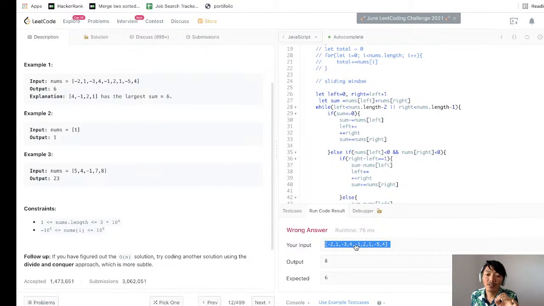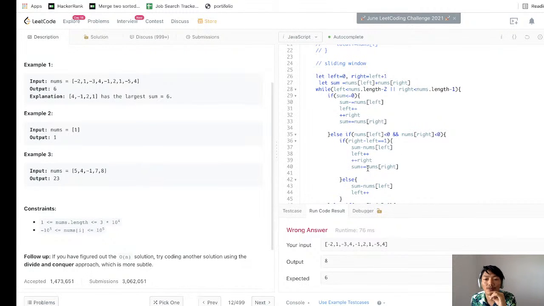Okay, then -3, and then we added right here, so sum becomes 1 here, and then sum becomes 1, but this time when we go here, this loop, or what is